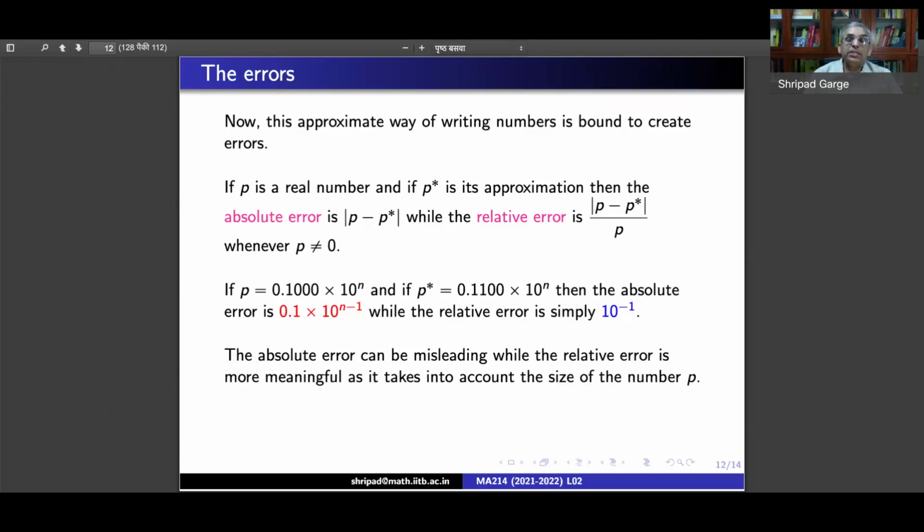So for instance, if you were to use the unit of millimeters instead of kilometers, then the error that you have may look like a huge error. Whereas when you convert everything into kilometers, the error may not really look like a big error. So this is what will happen when you are looking at absolute error. It will depend on the unit you are looking at. Whereas relative error does not take the unit that you are using into account. Relative error goes modulo the unit. So it's simply the ratio of the absolute error upon P. That's why one looks at relative error and not only the absolute error.